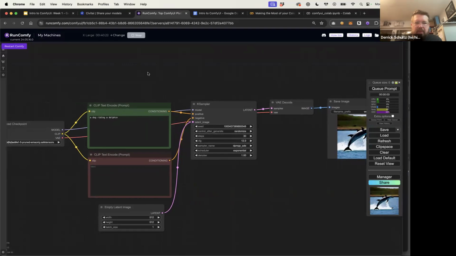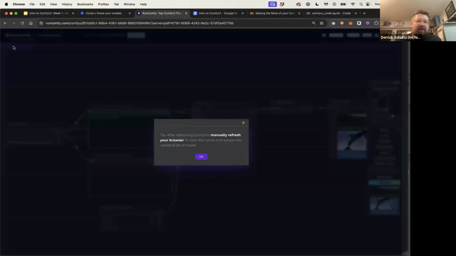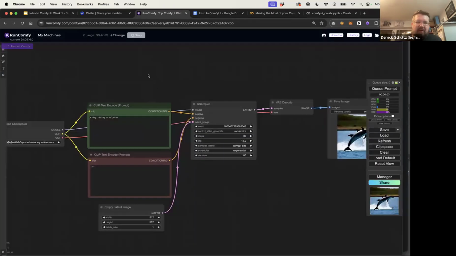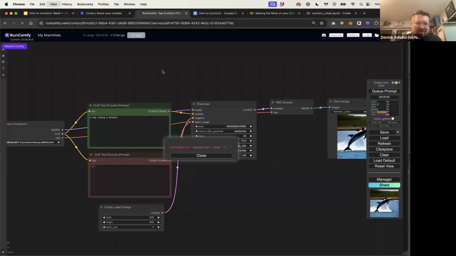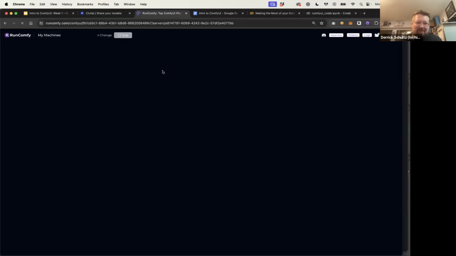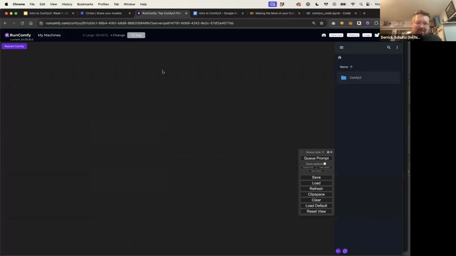Sometimes if things don't work, you just hit restart Comfy, and you just refresh the machine. Well, let's see what happened here.